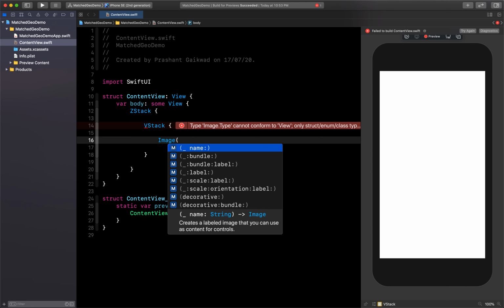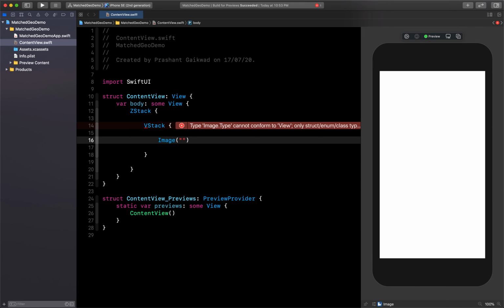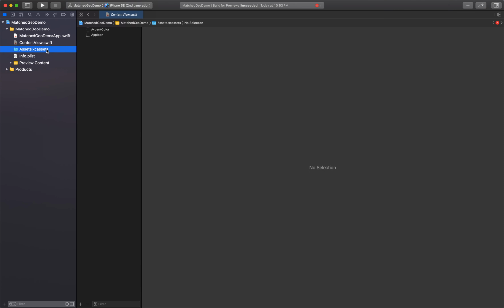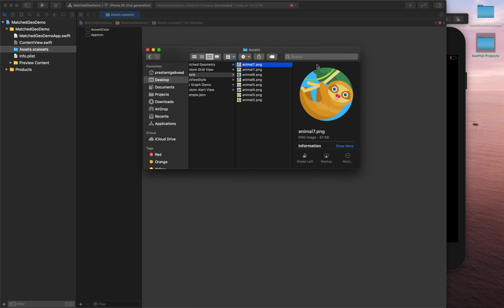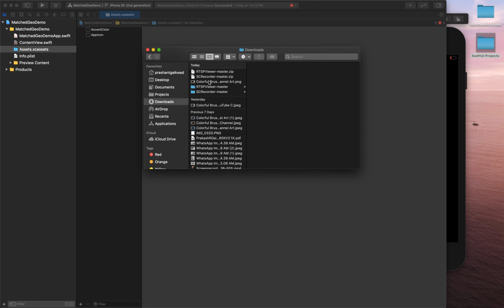So let's create the image here. Here I will use an image, tree, that I have to add inside my project. So let me add that. From here we can take any asset, or I have some images in the downloads, so I will add that.